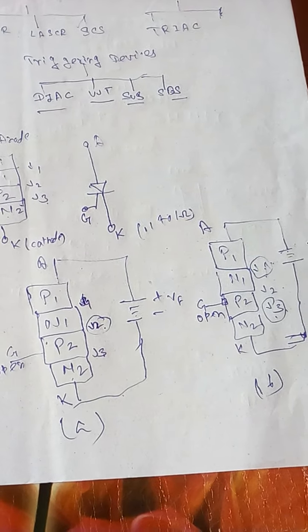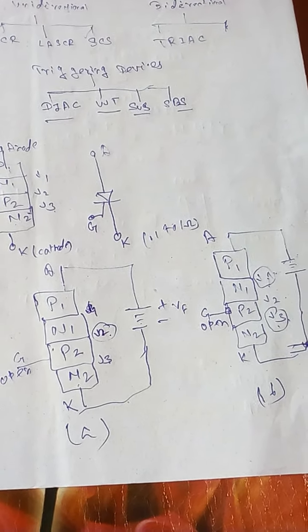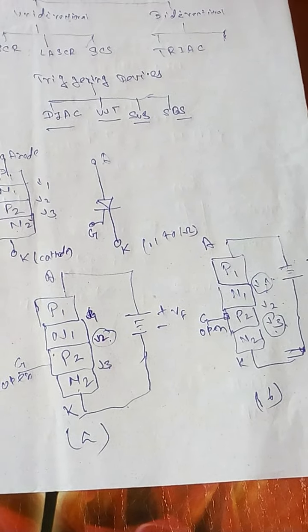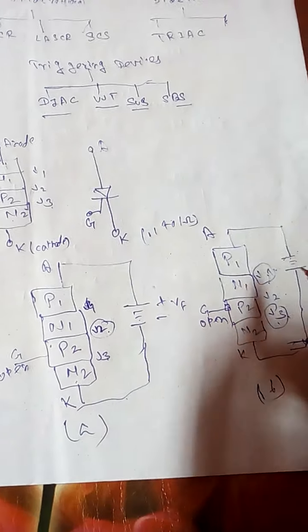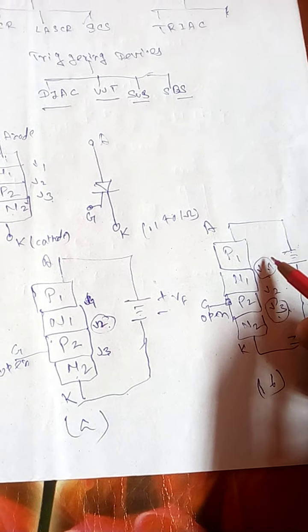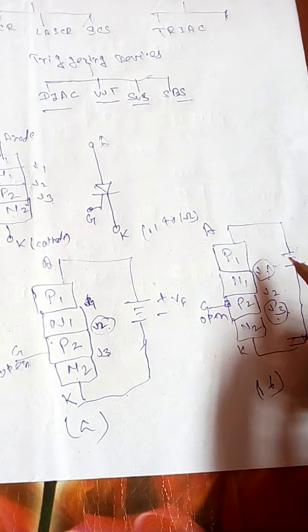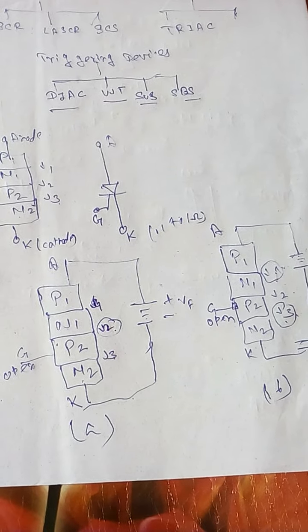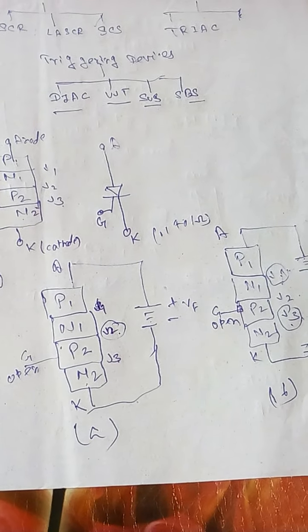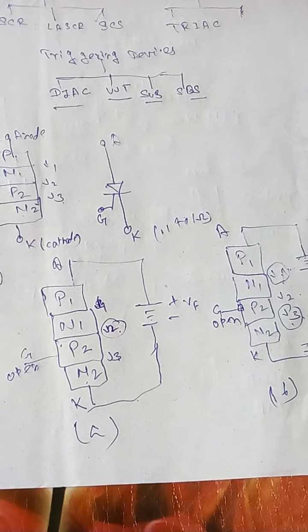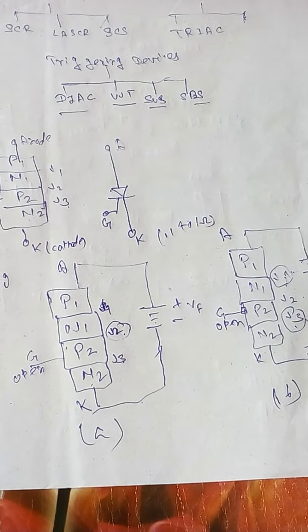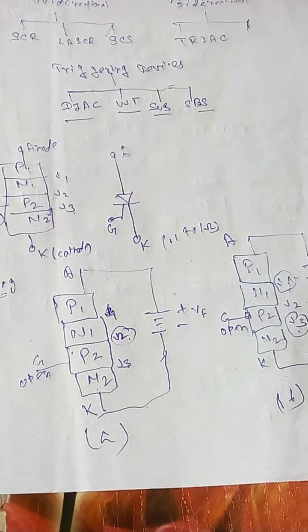If the reverse voltage is increased to the reverse breakdown voltage, J1 breaks down due to the avalanche effect. This causes a large current to flow through the SCR, due to which it may get damaged, in the same way as the reverse bias in a PN junction diode we have read. So from the above discussion, the SCR can be used in the forward direction only, like a rectifier diode.